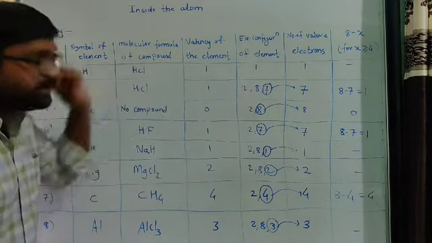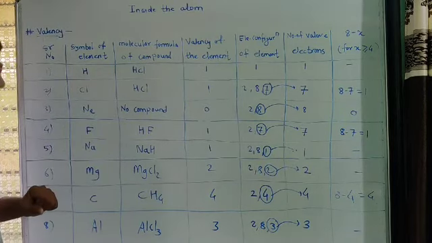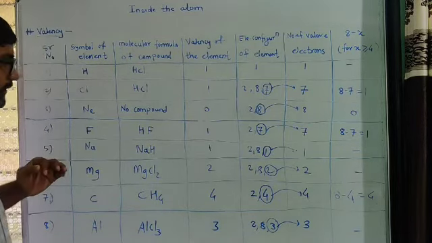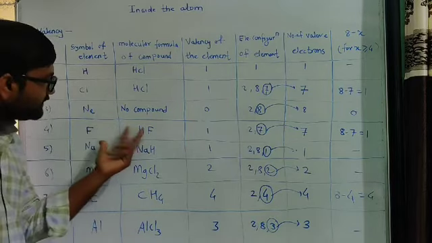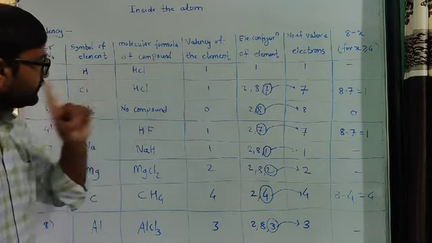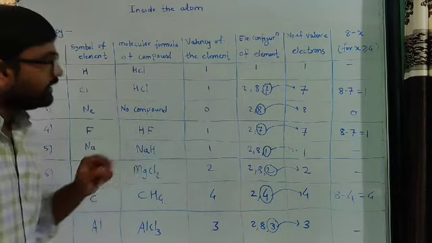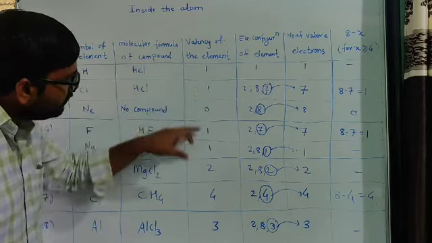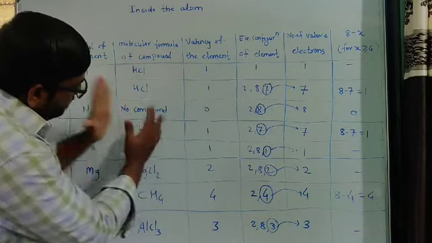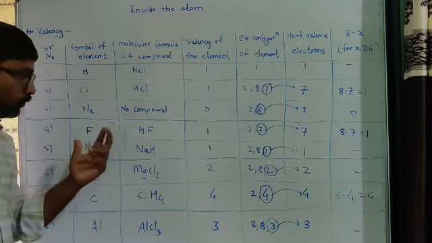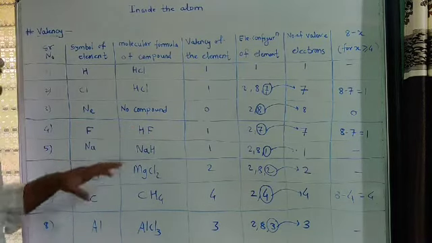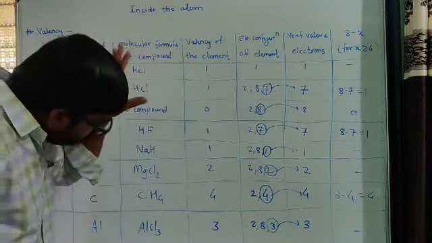Their valency is the same. Again, another example we will see: look at fluorine, HF. Hydrogen has a valency of 1, fluorine has a valency of 1. So hydrogen and fluorine have the same valency, that is why they combine with each other to form this compound HF. So valency is just one number.